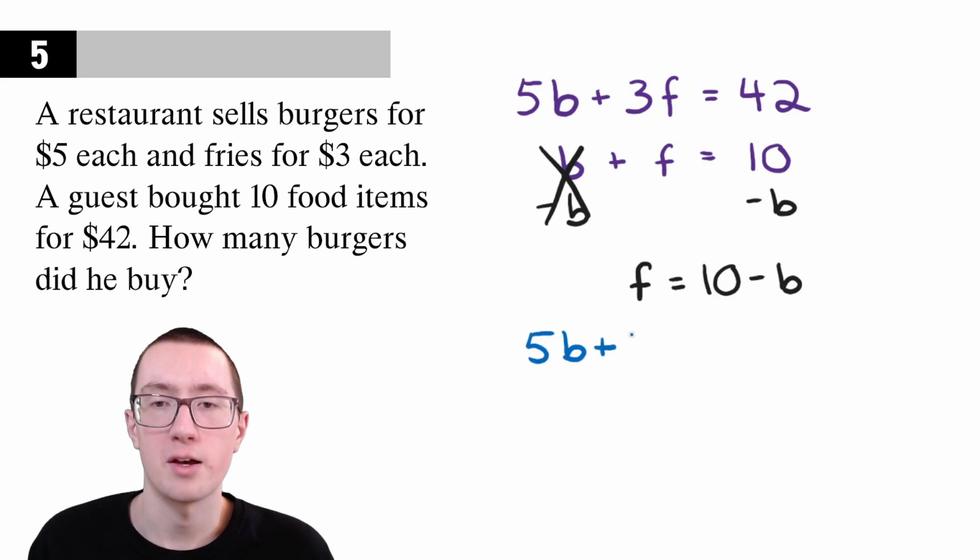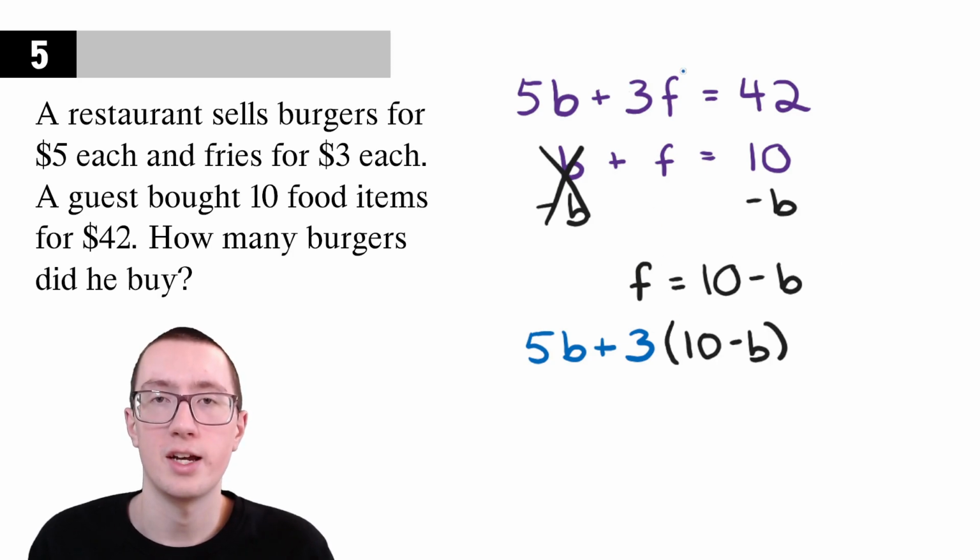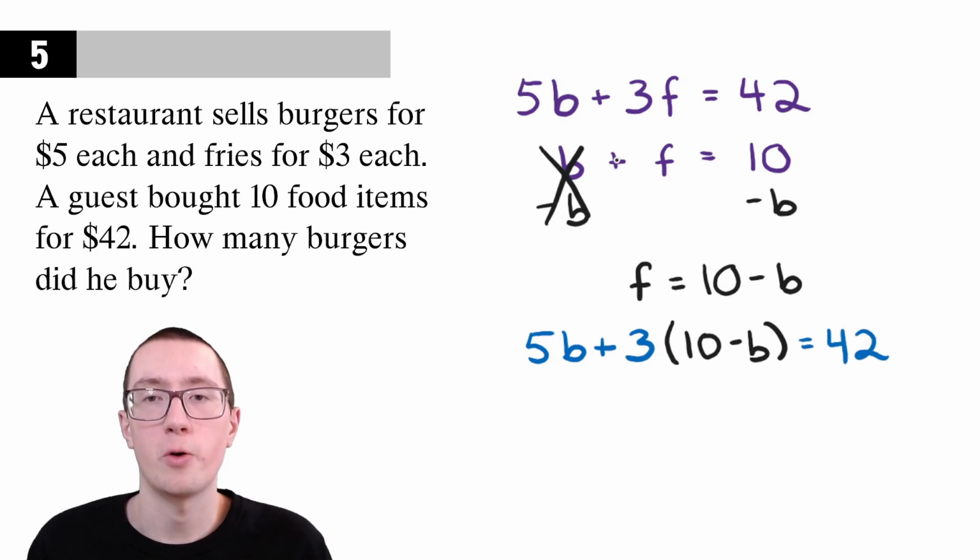But instead of F, we're going to write what we just found out F is, which is 10 minus B. So instead of 3F, we now have 3 times (10 minus B), and that equals 42. So that's the reason that we solved for F instead of B. We were trying to find B, but we solved for F because eventually we're trying to get rid of F